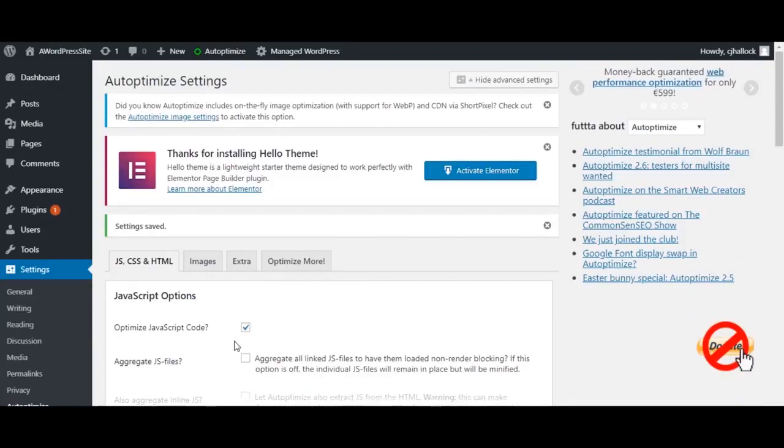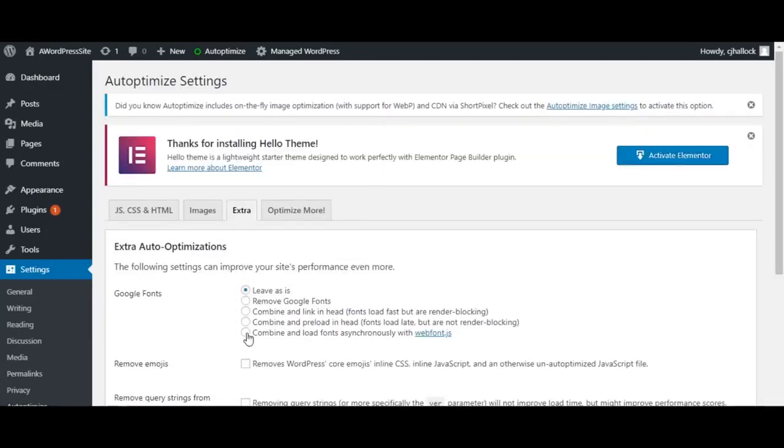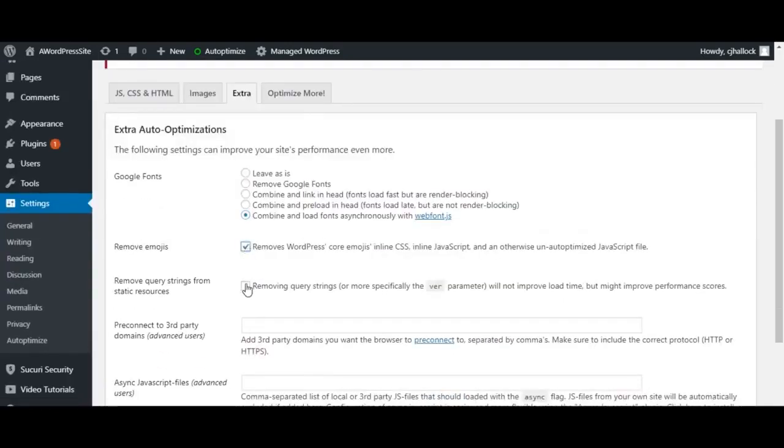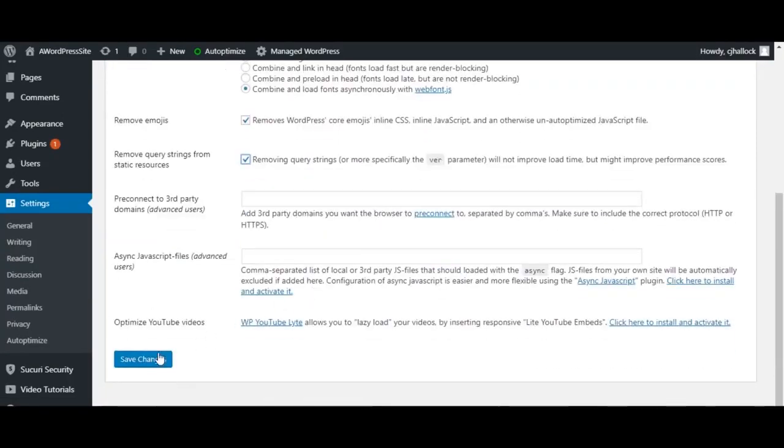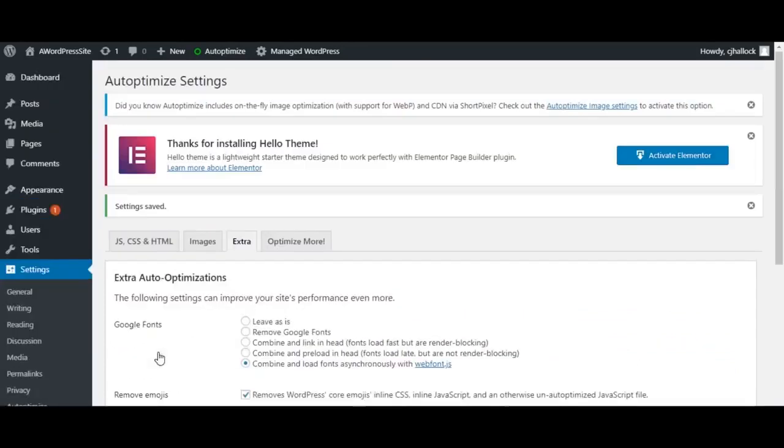Now that you've done that, the next thing we're going to do is go into Extra. We're going to click on the very last option for Google Fonts, and then we'll check these next two boxes to remove the WordPress core emojis and the query strings, and then we'll come down and click on Save Changes. Now that we have auto optimize complete, the next thing is to go into plugins and move on with our next plugin,